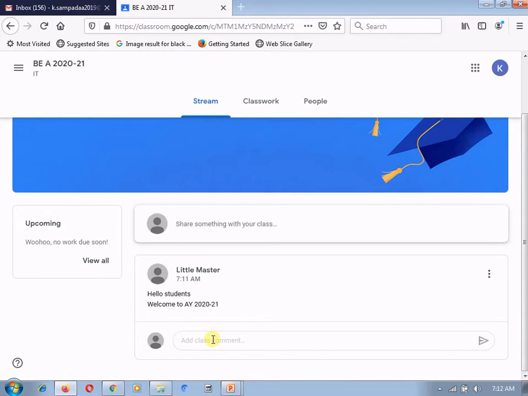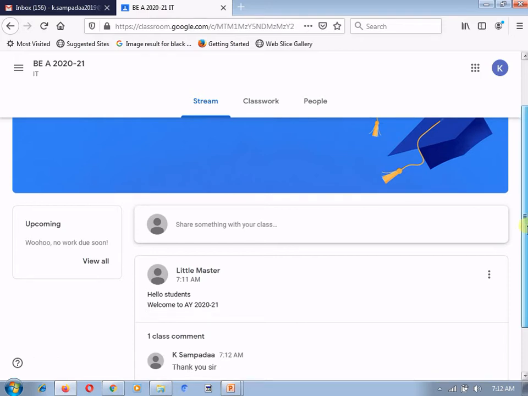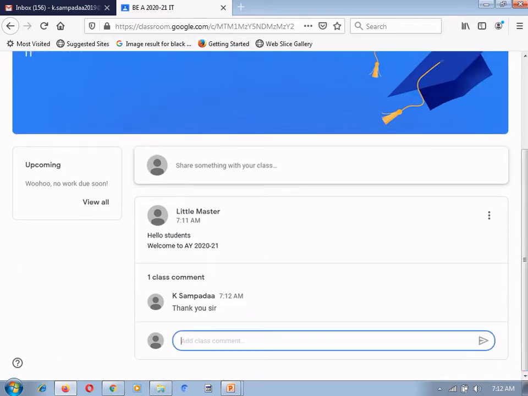As a student you can post a comment, such as "thank you sir/madam," and you can communicate with your teacher on every post created by your teacher, as well as share something you want to share with your teacher.